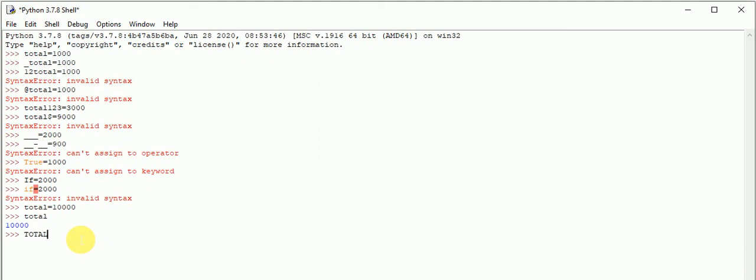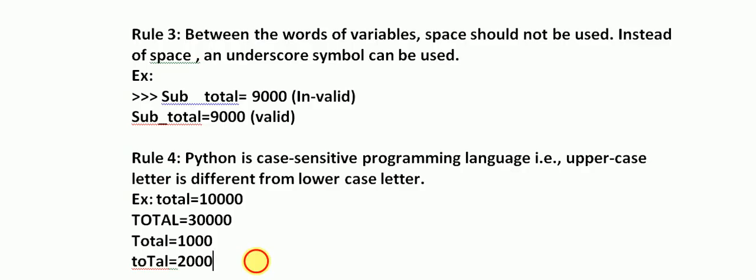Now if I use it like this and show the value, this is also shown. Third, if I use the first letter capital and the remaining letters small, it has a different value, and this is also valid. So all these examples are valid naming conventions of the variable. That is rule number 4.